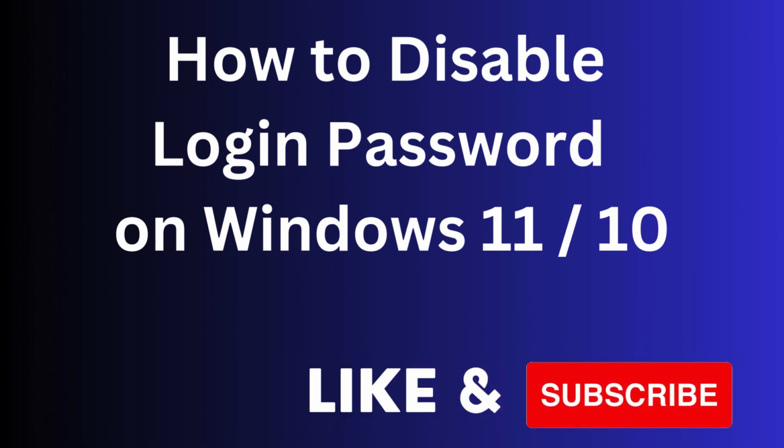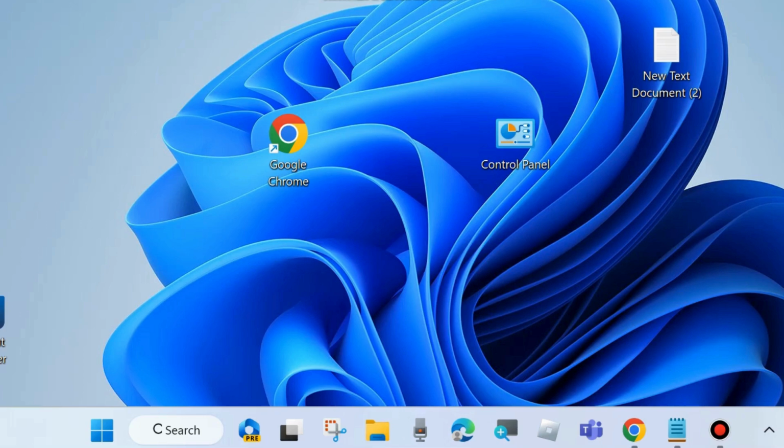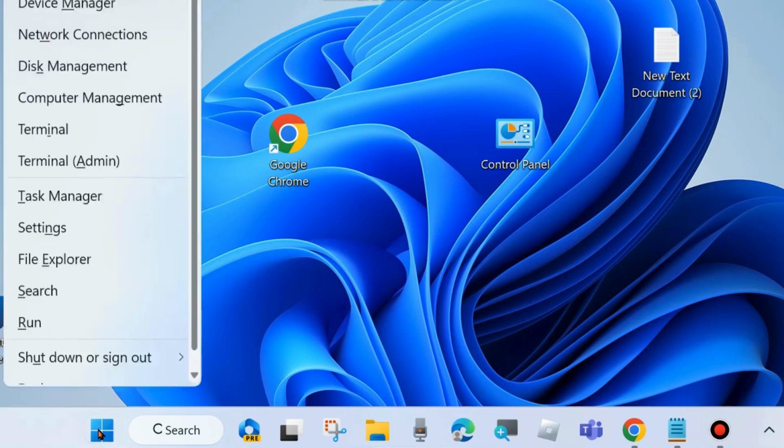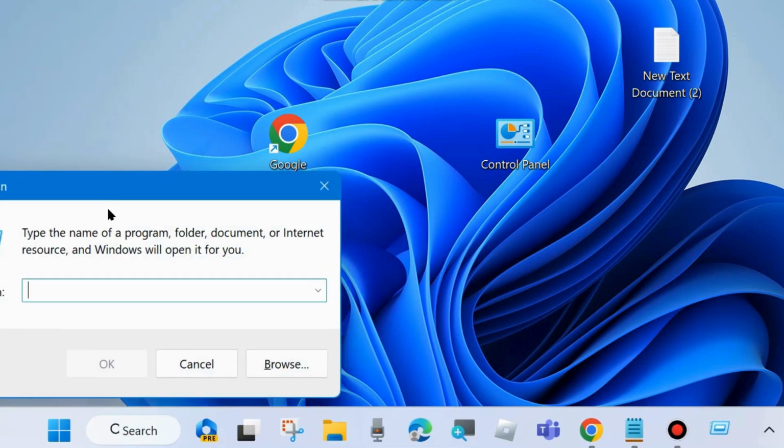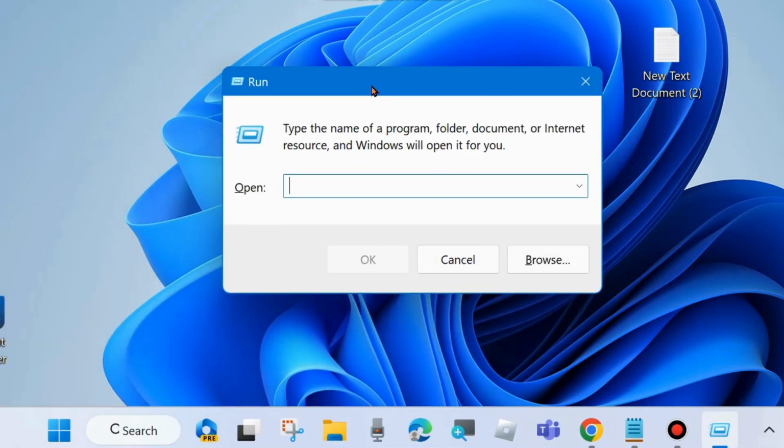Guys, in this video we will see how to disable or remove login password on your Windows 11 and 10 system. If you want to remove or disable login password, then here is the process. Right click on start button and choose run. You may press Win plus R shortcut key to launch run dialog box and here type